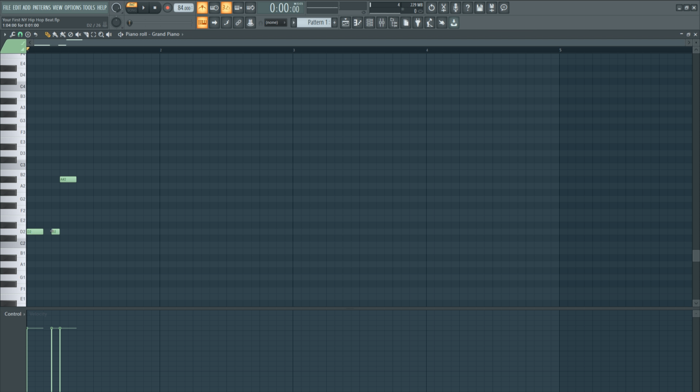So we're going to go D, add a short note D here. Now if your notes are screwed up, just hit Alt, left click, and drag the velocity until it's normal. And now we're back here, okay. So you can see the beat's a little slow, so let's crank up the BPM to about 93. Let's start at 91 before we go to 93.